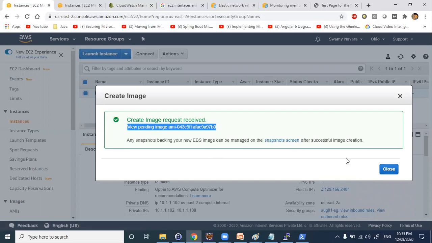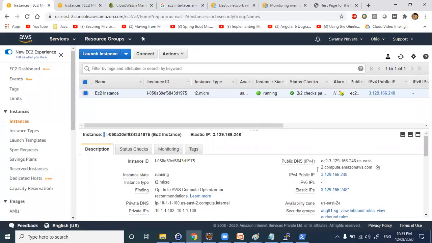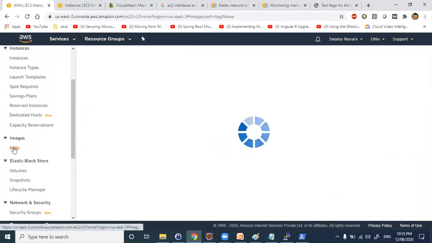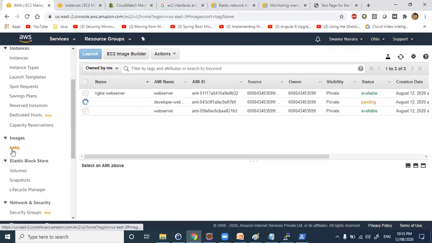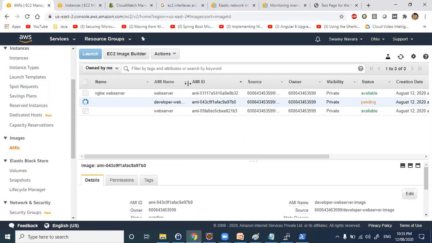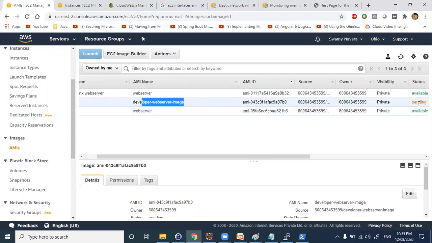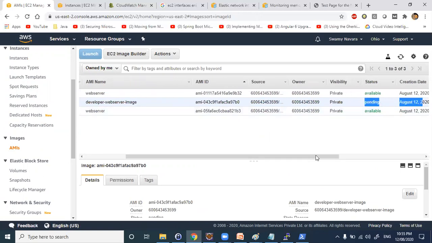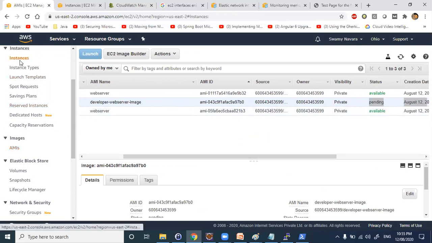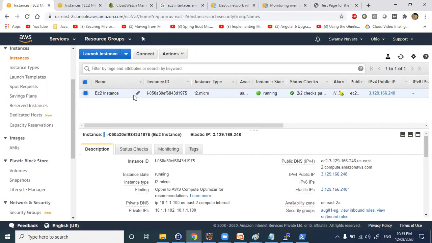Now the image is created here. So after creating the image, where can you see that, right? You go to your AMIs under images. So if you see here, this developer web server is getting created. If you see the status here, once it is pending and then available, then even if I terminate the EC2 instance that I am having here, and if I go and try,